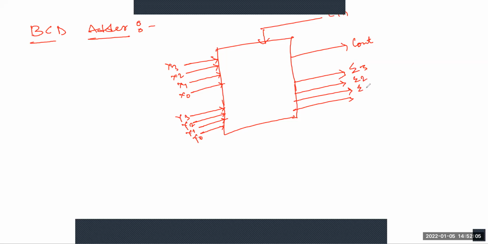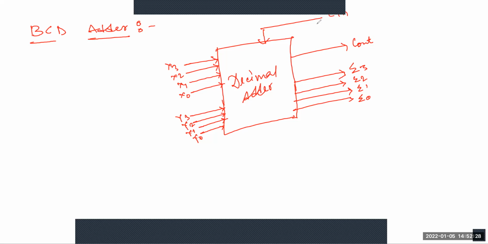Sum 2, sum 1, and sum 0. This is a decimal adder. Okay, so here